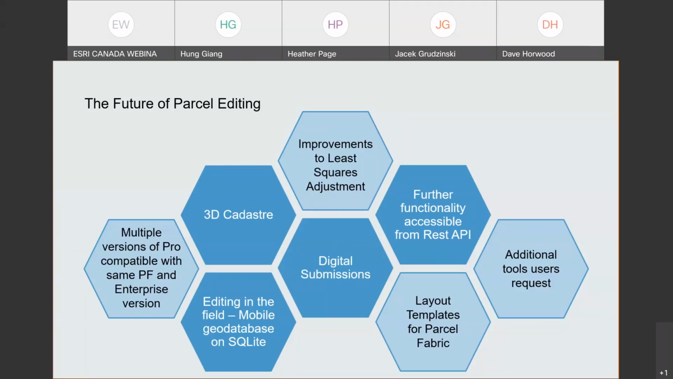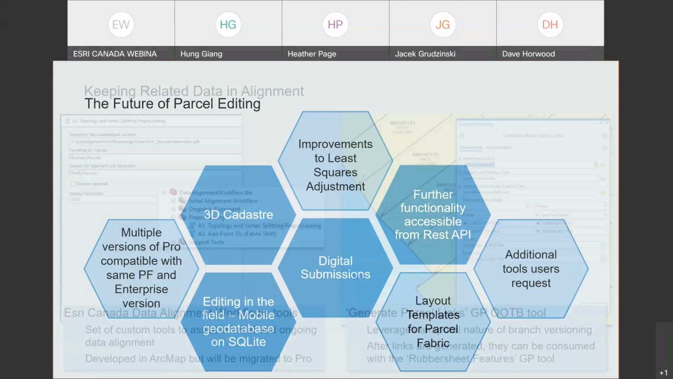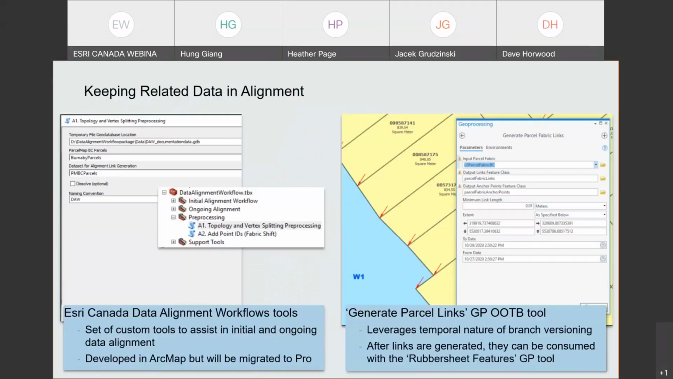They're also focusing on being able to edit in the field so that you can use mobile geodatabase and SQLite to extract and synchronize, and also looking at a little bit of the ultimate, but dealing with easily ingesting digital submissions from predominantly this would be surveyors or from professionals. And then